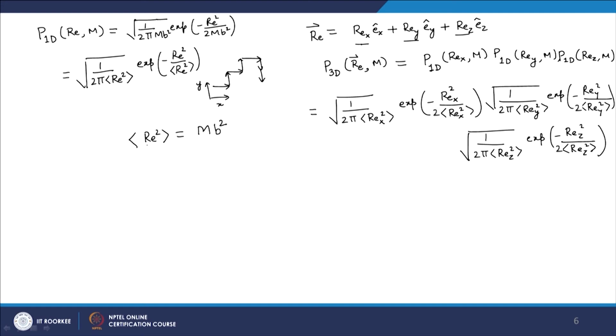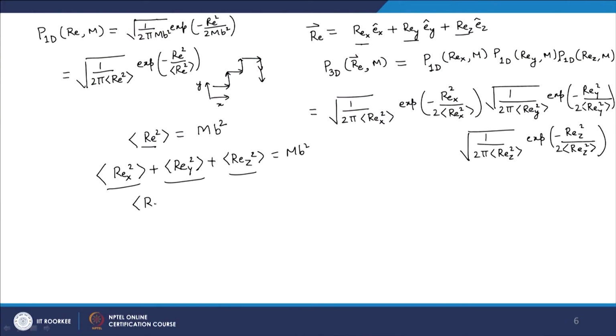So, now I can write the R_e square in terms of the components, and there is no reason why these 3 terms will be any different, because the walks in the 3 directions are almost identical. So, there is no particular preference to any particular direction. So, what I can say now is